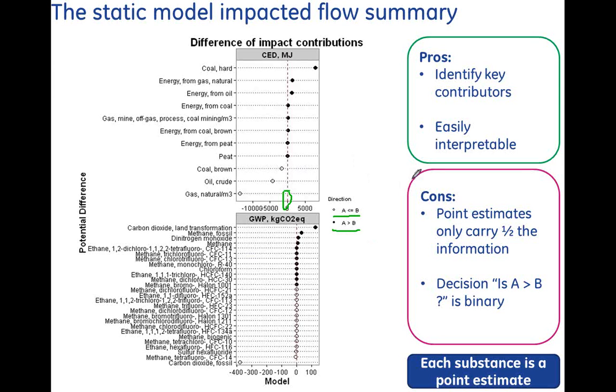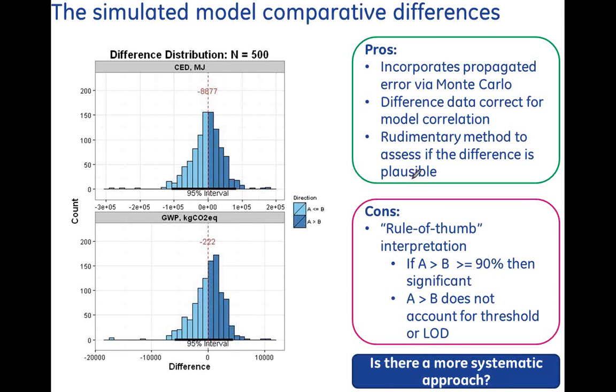All right. So now let's move on, and let's say we've actually run a Monte Carlo analysis. Okay, so we run the Monte Carlo analysis, and what I've done here is I've just changed my shading a bit, and in dark blue is A is greater than B, light blue is A is less than or equal to B. And when I run these Monte Carlos, I actually propagate the error from my inputs all the way to my outputs.